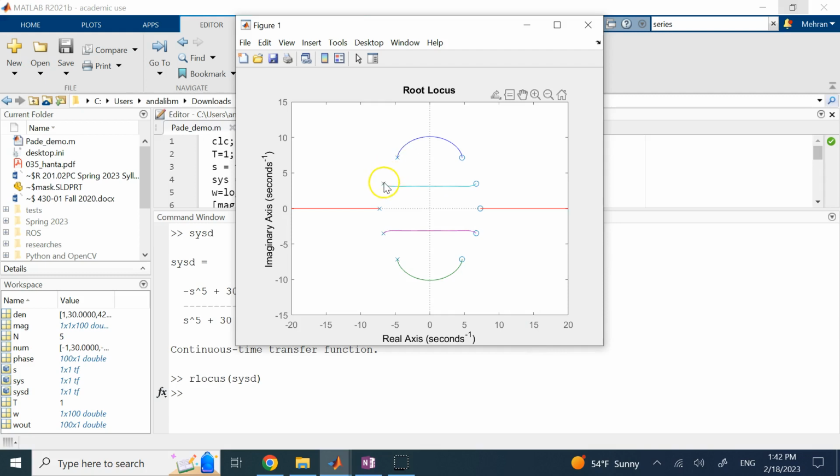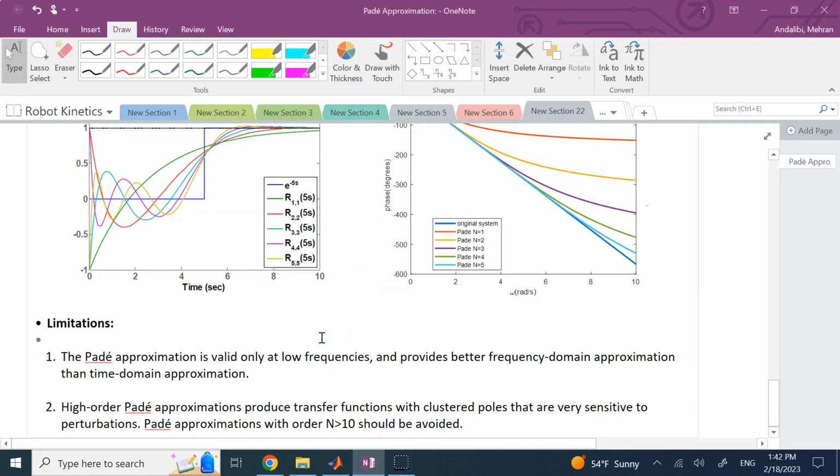Okay, and these are the poles, as you can see, and you see they are all close to each other, and the zeros are on the other side. So the system shows the behavior of non-minimum phase, of course, which it is because it is approximating a delay, and these poles are close to each other, and basically the higher the order, the closer this area is going to be covered by a lot more poles. So the poles are going to be closer and closer to each other, and this is what we mean by clustered poles. So in general, we don't want to go with very, very large orders